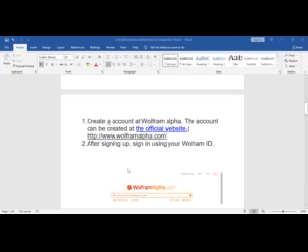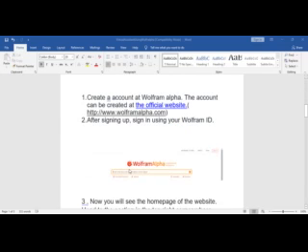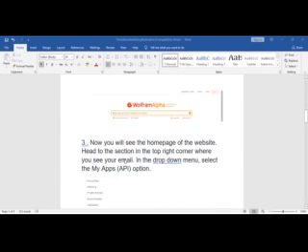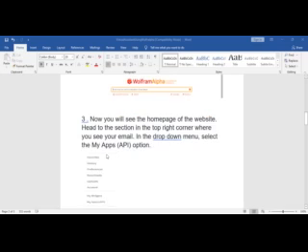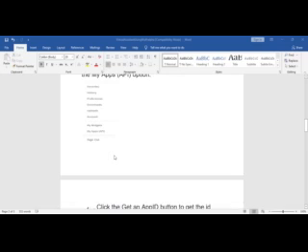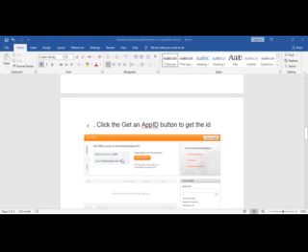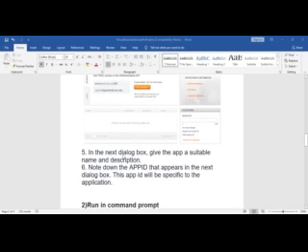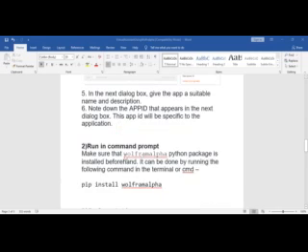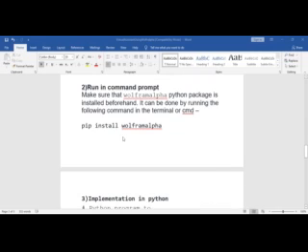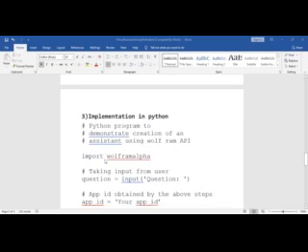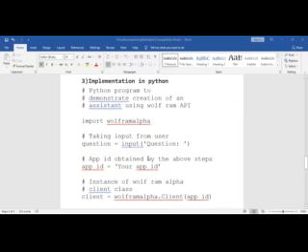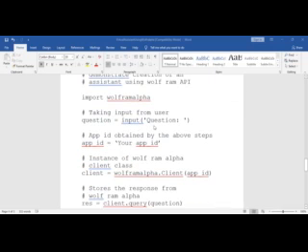After you get the API ID, you can sign in, give a name to the application, anything, and you can get the screenshots like this. After getting this, you can copy the ID and paste it into the Python code here. After finishing the procedure, in the command prompt you can use pip install wolframalpha, then we can implement it in PyCharm here. Just copy and paste the API ID here.